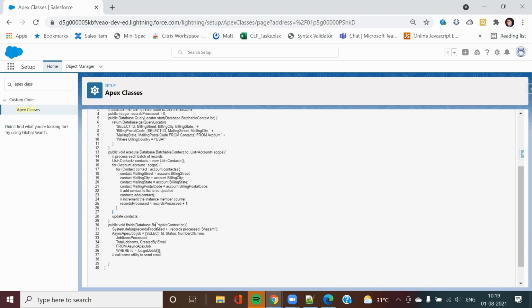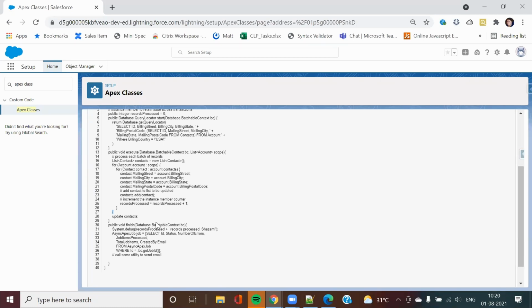Okay, so in the finish method, we can call a different batch. But in the finish, if we talk about it, it is also a completely asynchronous process. From asynchronous, we cannot call asynchronous. That is only for future, brother. That is only for future, from one future to another future. From one async, in the finish, all my transaction has happened. This is Salesforce documentation. You can call another method.